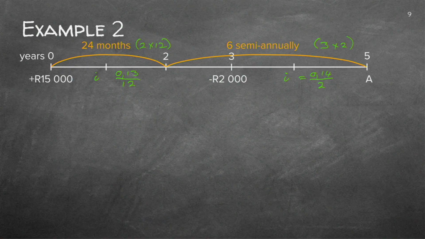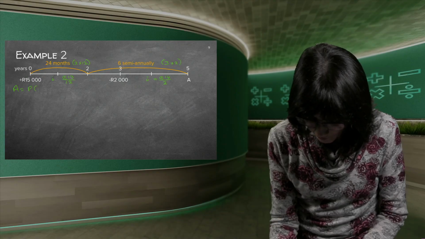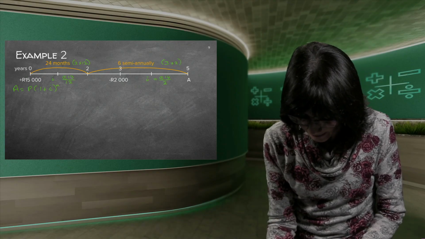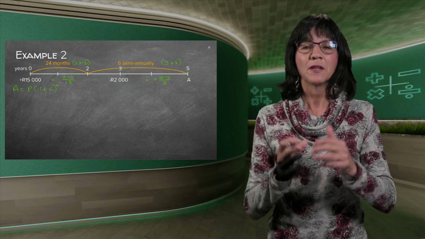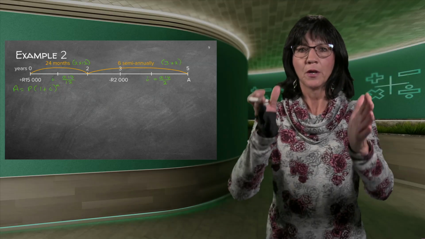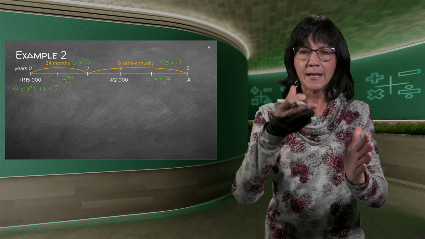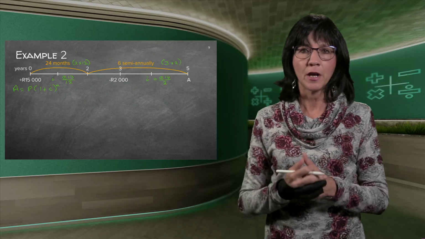So there's my whole sum summarized. And then after 3 years, you withdraw 2,000 Rand. So I need to, and remember each amount you work out to the very end. So I'm going to start off, let's just do my formula here. A equals P times (1 plus i) to the power of n. Always write down your formula. Now, I've already written down my i and my n, but this time I wrote it on my timeline. It makes so much more sense. So every loop will have my time slot with my n and my i. The next loop will have my time slot with my i, and I know they belong together.